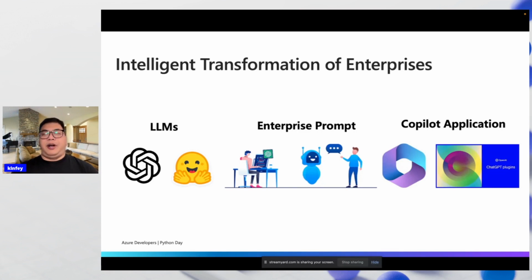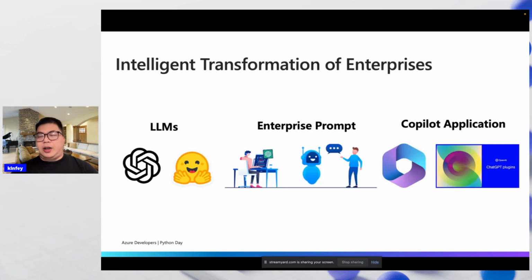Another is the prompt. Many people know prompts are good. Enterprise prompts can help the enterprise and company focus on their business scenario, just like their data, their files, their behaviors. I think a prompt library is important to the enterprise.